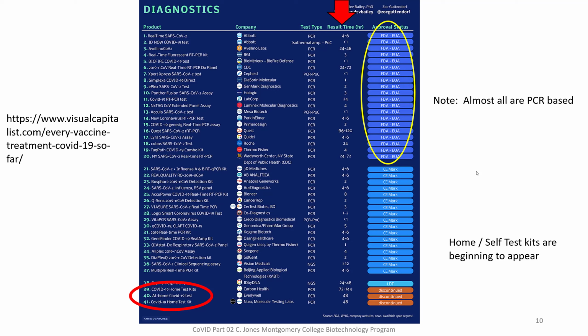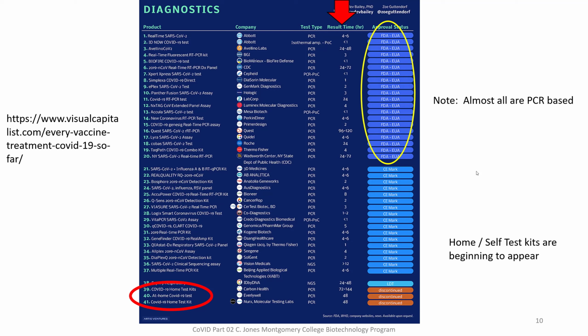So I'm going to guess that within 1 to 2 years at the latest, there will be some reliable at-home COVID-19 test kits. All right. The link over here is just where I picked up this graphic from. COVID treatments in use, right?